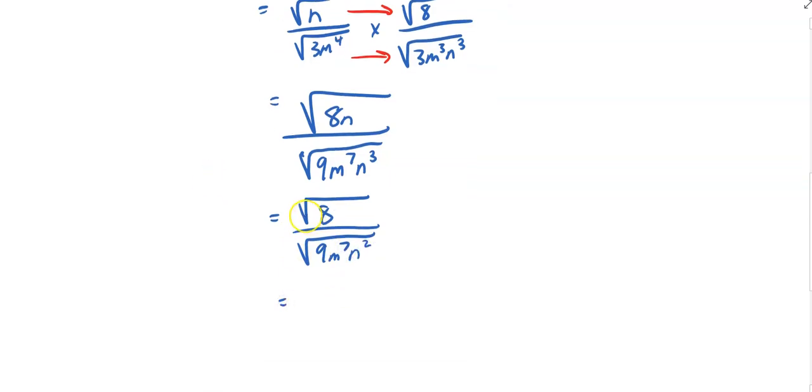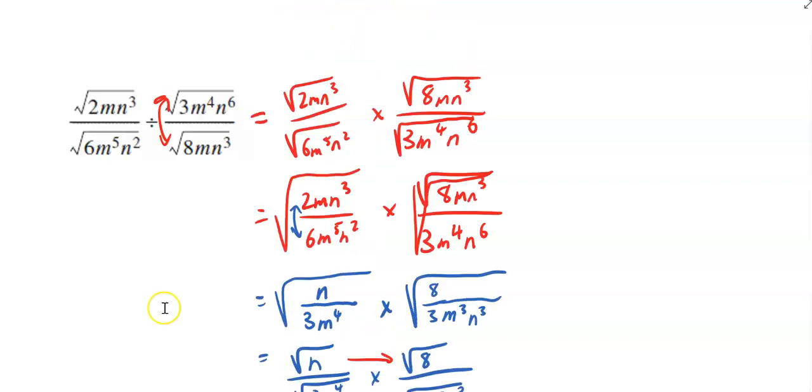And then root 8 can simplify to be 2 root 2. And root 9 comes out as 3. M to the 7 comes out as m to the 3 with an m left over, and n squared comes out as an n. So my final answer here is 2 root 2 over 3m cubed n root m. So you could stop watching this video now if you wanted to, but there is also probably another way,